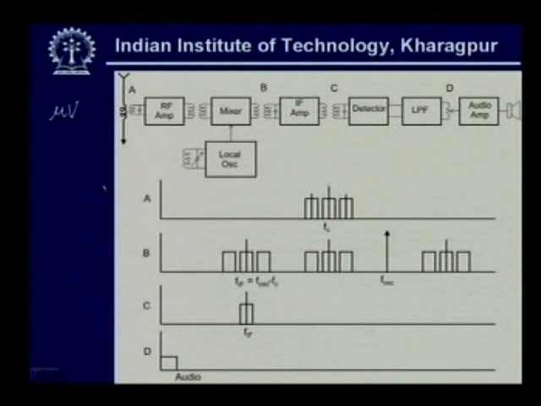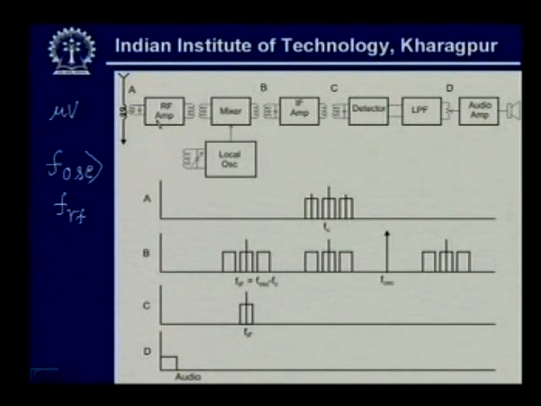Then in the superheterodyne technique, you use a local oscillator having frequency FOSC. This local oscillator frequency is greater than the FRF, that is, greater than the RF frequency. So, this local oscillator frequency is mixed with the amplified carrier signal, the amplified RF signal, and whenever you do that,